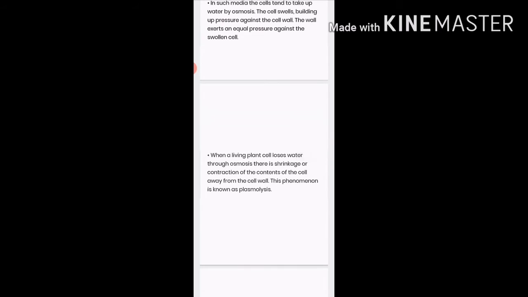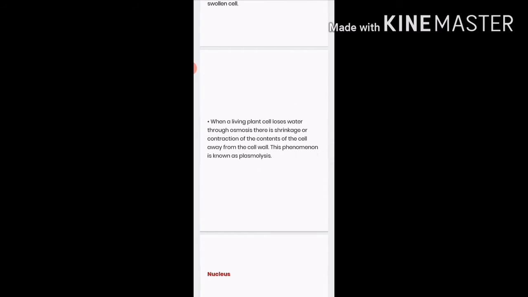Now, the 24th slide is talking about plasmolysis. What I just talked about before, the drooping down of the leaves, happens when the surrounding has less water. The cell is going to lose water, and in this case, the cytoplasmic matter within the cell membrane is going to lose water outside, and thus it is going to shrink away from the cell wall. In this case, the leaves droop down. This shrinking of the cytoplasmic matter, moving away from the cell wall, is known as plasmolysis.